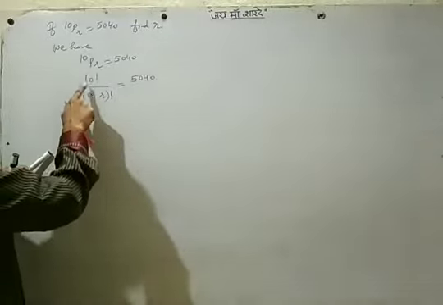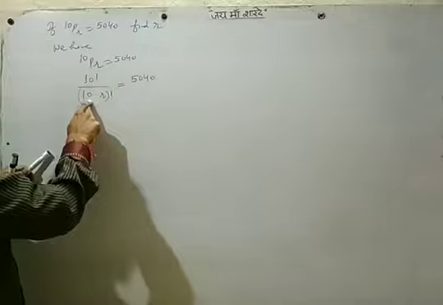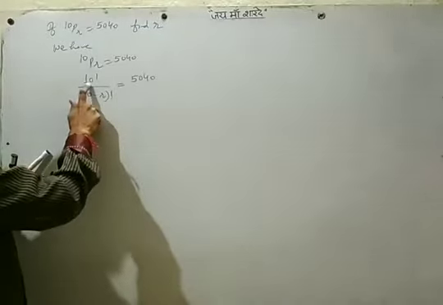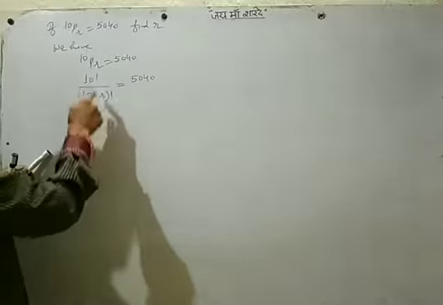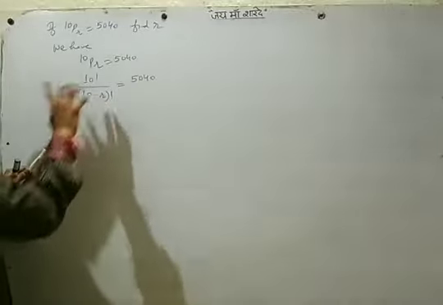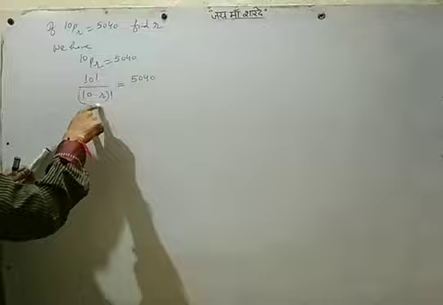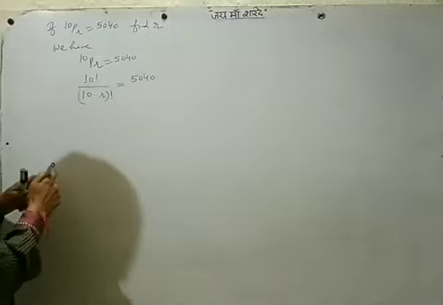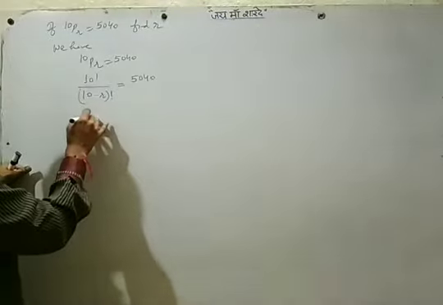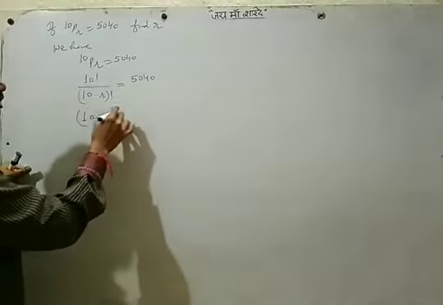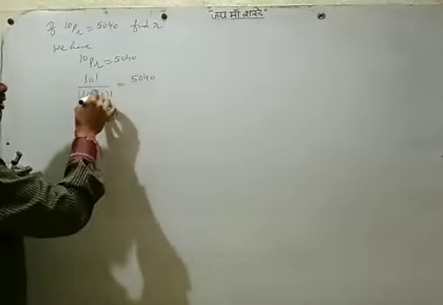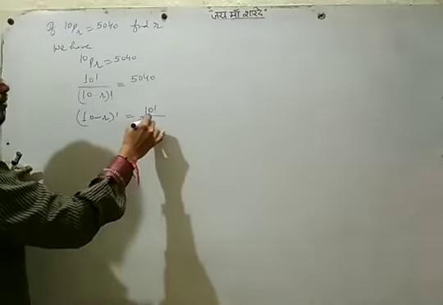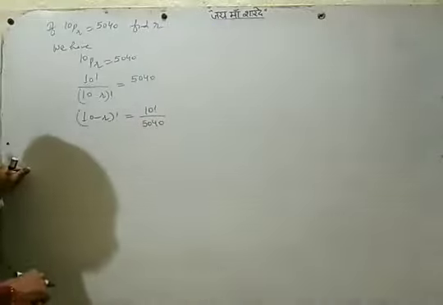Now 10 minus r. If you expand this or expand this, which is greater? And definitely it will be greater. But how can we get 10 minus r when we expand this? When only one term has the unknown r, it is difficult to simplify that. So what can we do? One option is that we can send 10 minus r factorial here and 5040 there. So we get 10 factorial upon 5040.